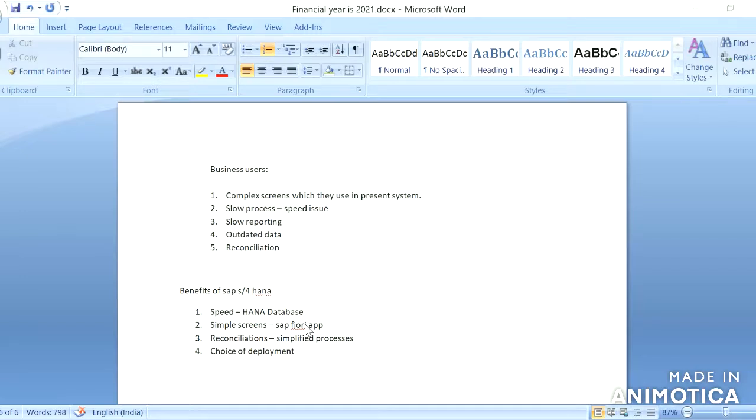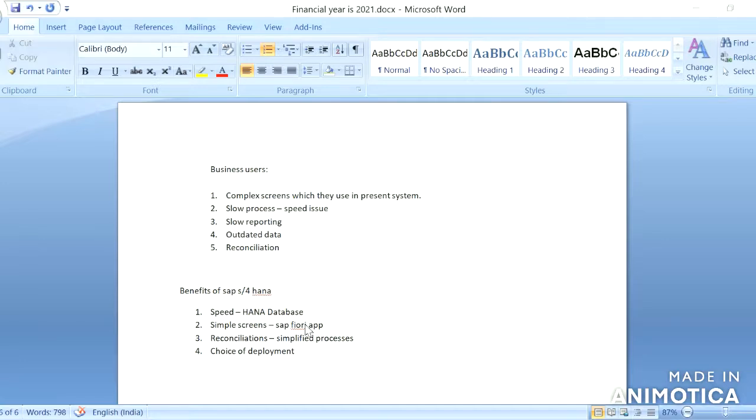So before we discussed, like there were huge costs involved in implementing the SAP system because there are multiple servers which is required for the business to run perfectly.